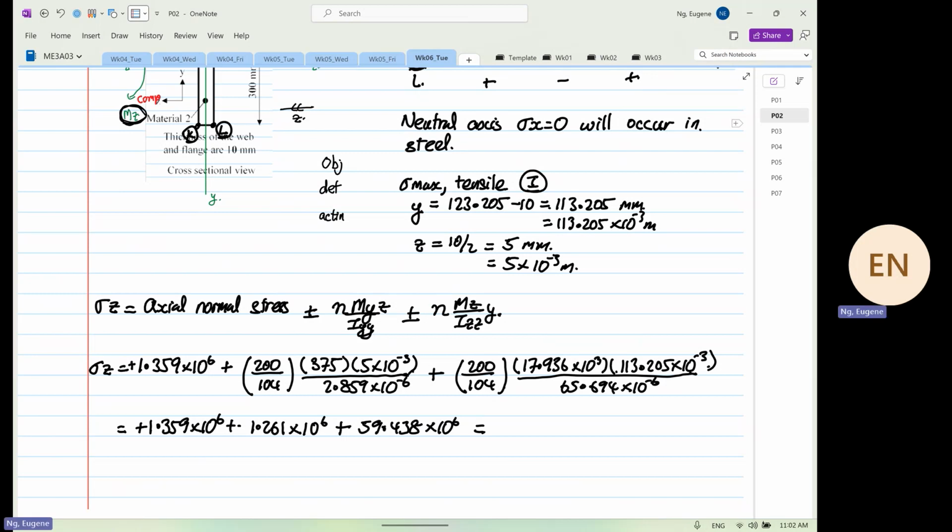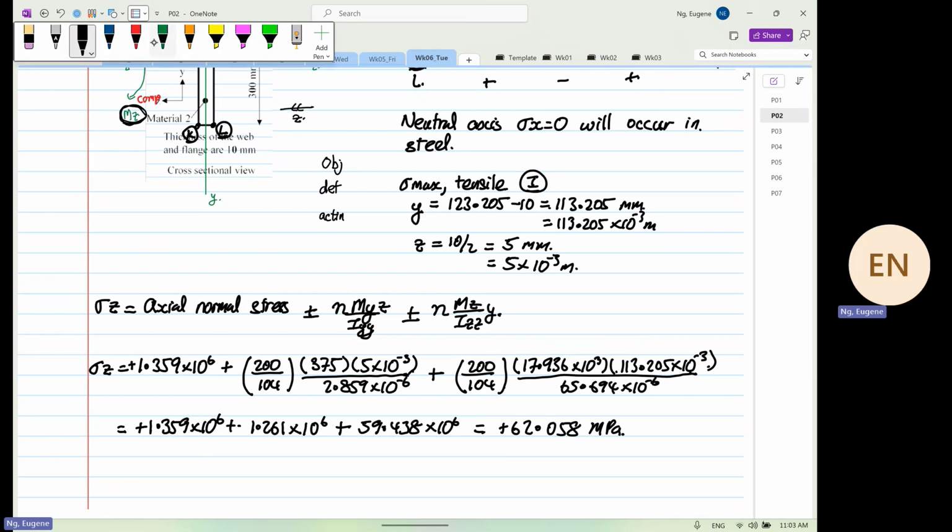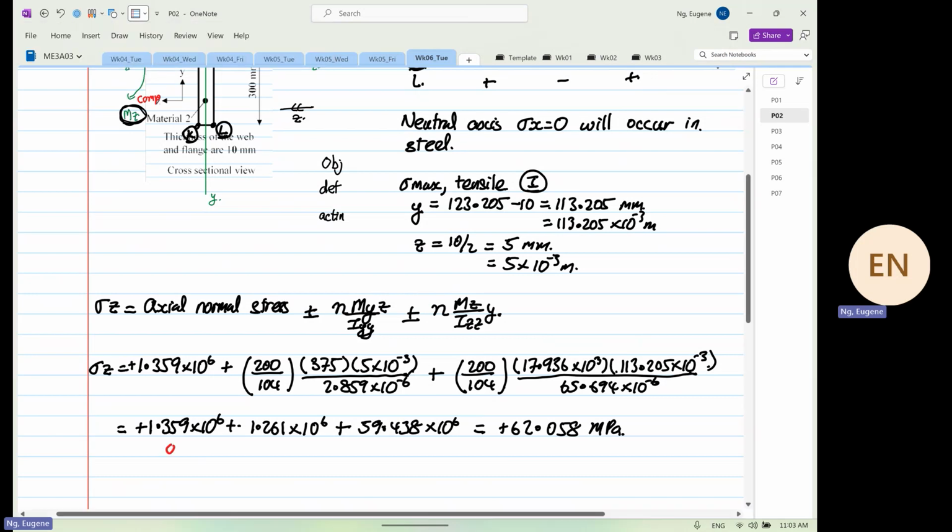So this is equal to 62.058 megapascal. Is it megapascal? So in a term test, okay, we give 0.5 marks for this, 0.5 marks for this,